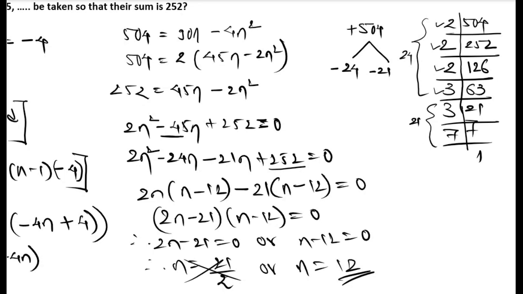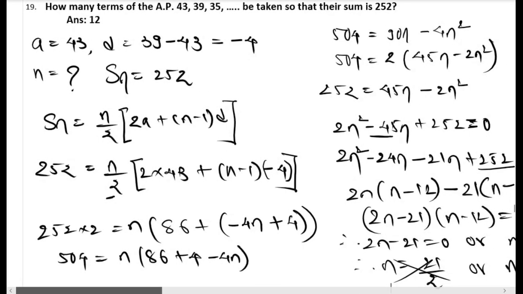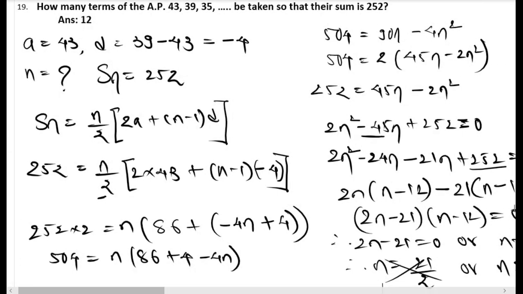Now this was a very interesting question because it took a very long time to figure out. Many places we were stuck, or about to get wrong answers, but I'm sorry, we got the correct answer. So how many terms of this AP must be taken so that their sum is 252? 12 terms. The answer is 12 terms. So if quadratic equations appear in your question, it's going to be tough. So these type of questions, be very, very careful.